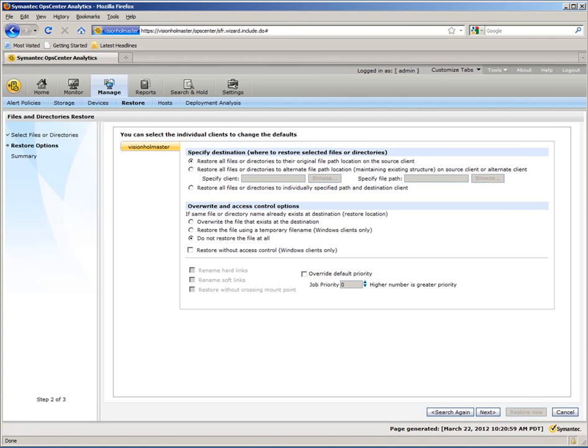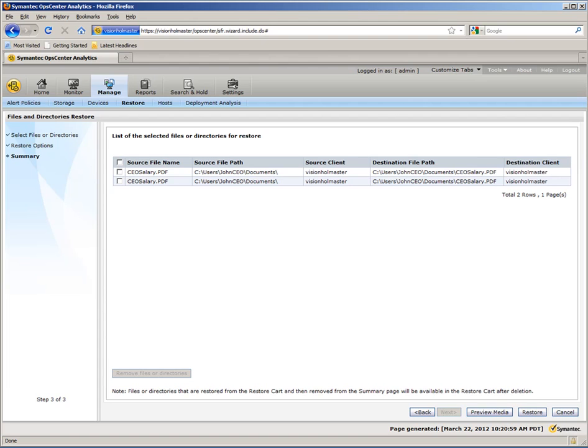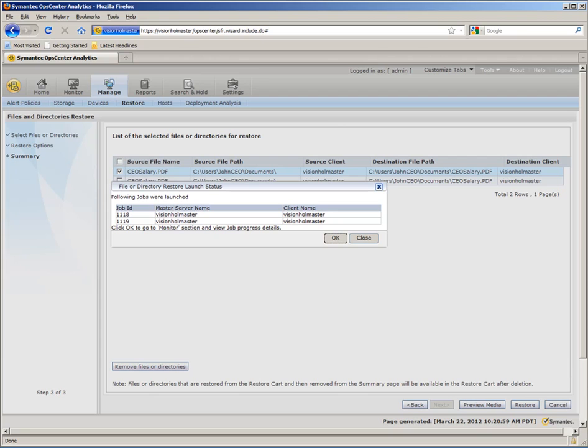So I'm going to click on the restore file, and what we're going to see is similar to the NetBackup GUI, where we have the ability to send this file to different locations based on our needs. We can send it to a temporary location, to a different client, whatever our needs are. Click on next and find the file and go ahead and restore it. So at this point in time,